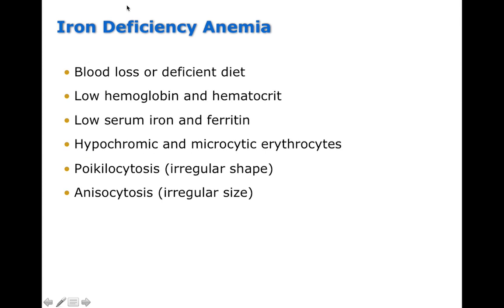So blood loss or deficiency of red blood cells could come from excess loss of these red blood cells. And if you have low iron in the diet, it can lead to deficient iron, such that you can't produce enough red blood cells. You could have low hemoglobin and hematocrit associated with anemia as well, or low serum iron and ferritin. With iron deficiency anemia, we see hypochromic and microcytic red blood cells, or erythrocytes. They're also going to be poikilocytes because of their irregular shape,